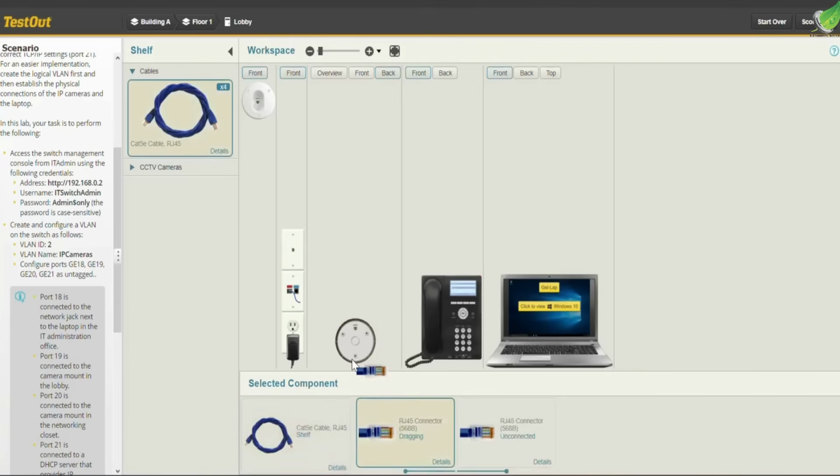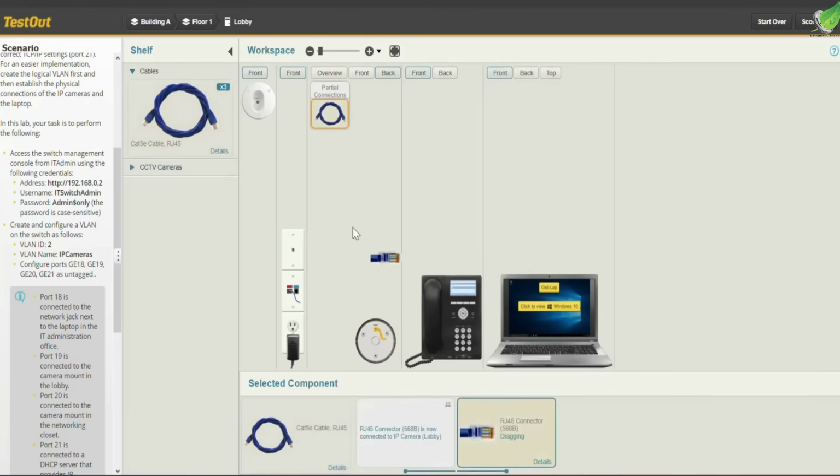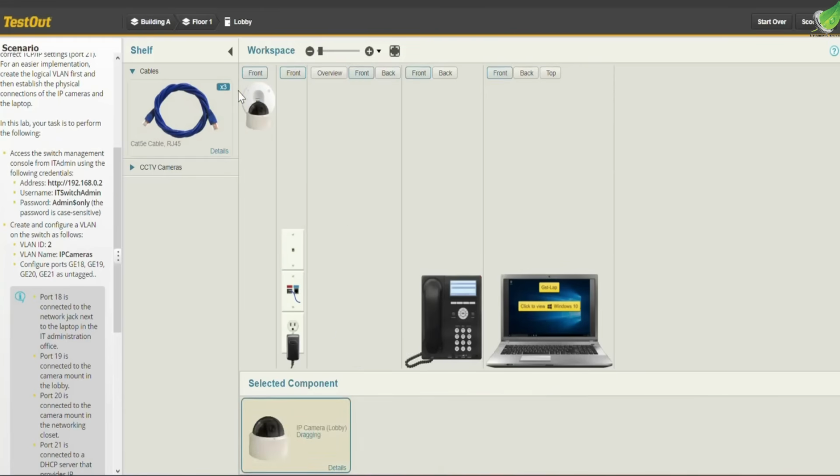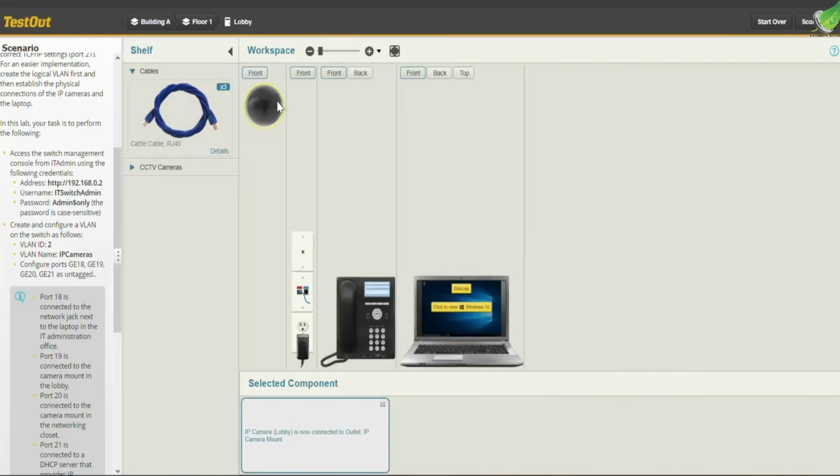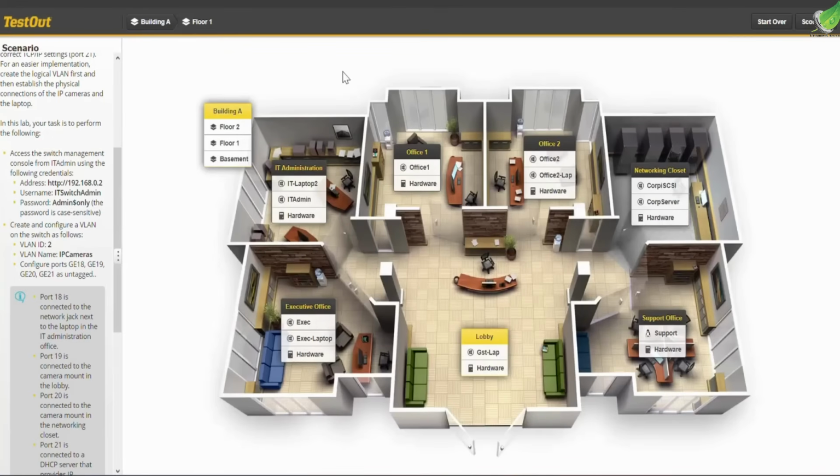So we plug this into this port here of the camera, and we'll plug the second one into this port right here. So turn this back to front and we place this here. So we'll go back to floor 1 and we'll go to hardware